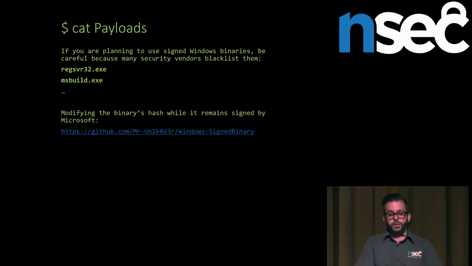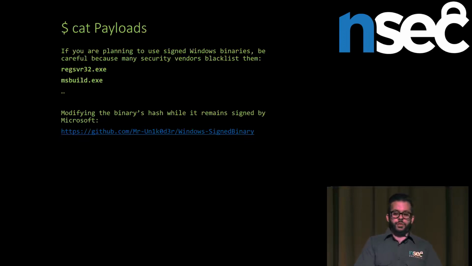So it's fairly interesting because you're still signed. If your endpoint solution is blacklisting everything that is not signed by Microsoft, you're passing that check. But if they also look at the hash of a well-known bad signed binary, you're also going to pass this check. So usually you can actually execute your code using this. The only downside is you have to drop this binary on the system, but it's still something that you can do.